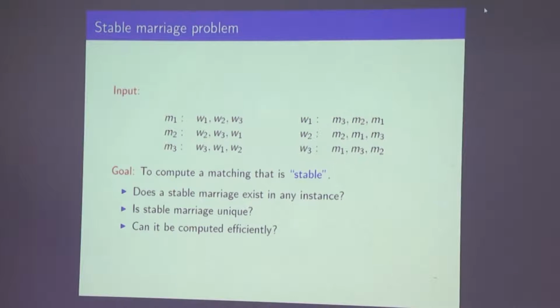Okay, but let me say that the first question magically has the answer yes. This was again proved by Gale and Shapley in their seminal paper, where they showed that any instance of the stable marriage problem does admit at least one stable matching. In fact, there can be multiple stable matchings. But now how do you compute this? One way is yes, you go over these exponentially many matchings. This is correct, but it is inefficient, right? So any other suggestions about how do you compute a stable matching?